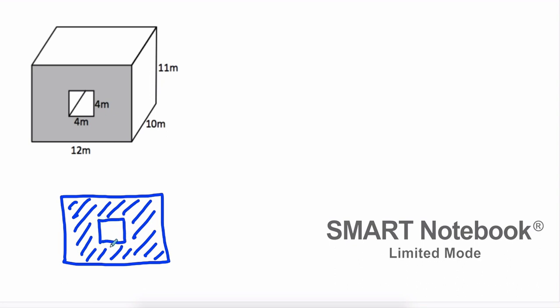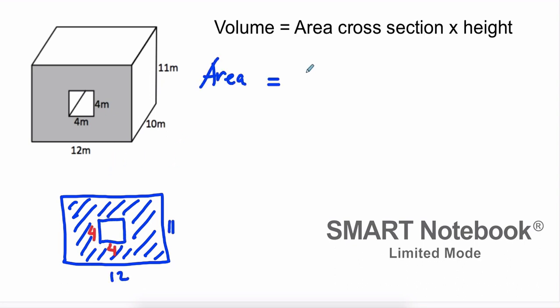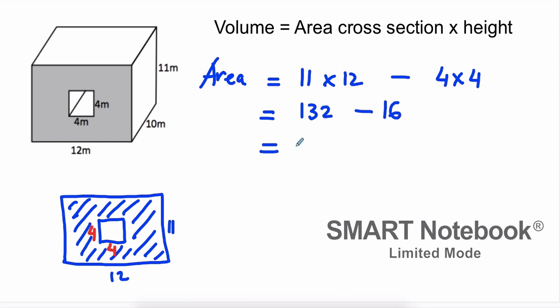Now in the last example, we see that the cross-section is like a rectangle with a hole in it. So in this case, we are not going to add, but we are going to subtract the area of the square in the middle here. So the area of the cross-section will be 11 times 12, which is the area of the bigger rectangle, subtracted by 4 times 4, which is the area of the square in the middle. So here we have 132 subtract 16, so we have 116 meters squared,